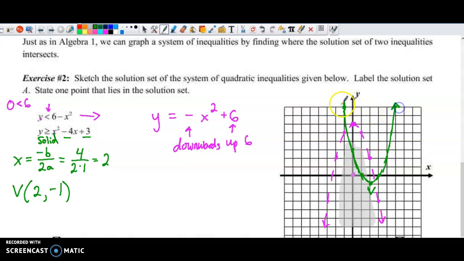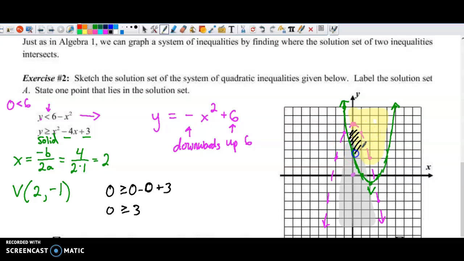And I would also try 0, 0. Because if I tried 0, 0 on this one, I would have 0 is greater than or equal to 0 minus 4 times 0 is 0 plus 3. Is 0 greater than or equal to 3? No. So that one should also be shaded not including 0, 0. So if I get a different color highlighter, it would be on this side where 0, 0 is not located. And where those two regions overlap